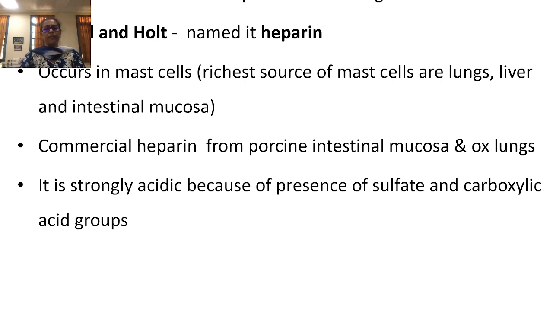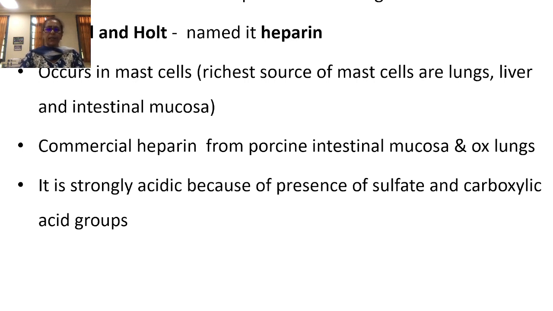Now we will first be discussing heparin as an anticoagulant. This is an indirectly acting anticoagulant which is given parenterally. This was first discovered by a second year student, McLean, while he was performing some experiment in the lab, and he found that there is some powerful anticoagulant agent which is secreted by the liver, and later that agent was named by Howell and Holt as heparin.